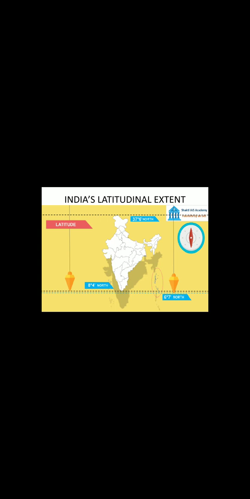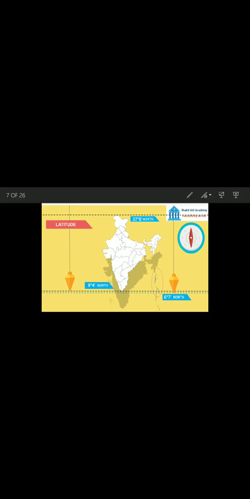When we talk about the extent of India, we can look at the latitudinal and longitudinal extent. So, you can say that India extends from 37 degrees 6 minutes north to 8 degrees 4 minutes north. However, when we go beyond the mainland of India, then we look into Andaman and Nicobar Islands, which is a part of our country. It is located at 6 degrees 7 minutes north. So, the southernmost point of our country is the Indira Point, which is located at 6 degrees 4 minutes north.